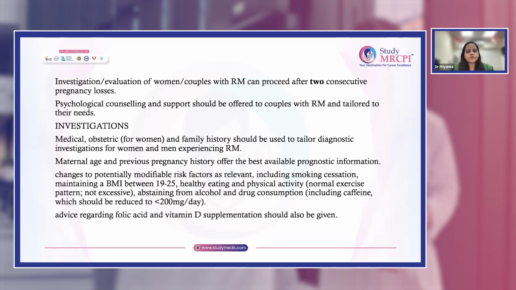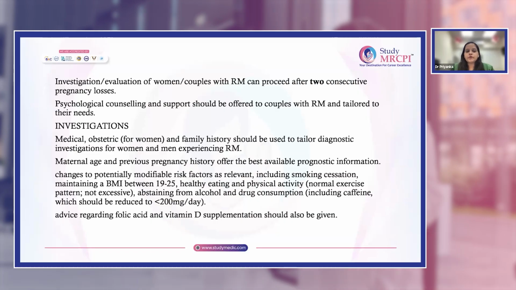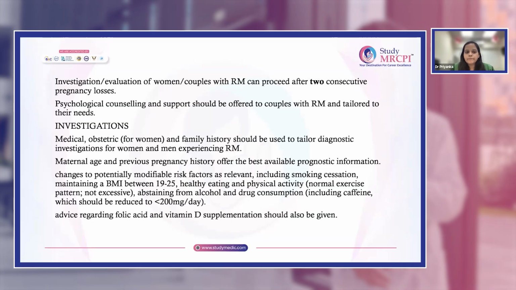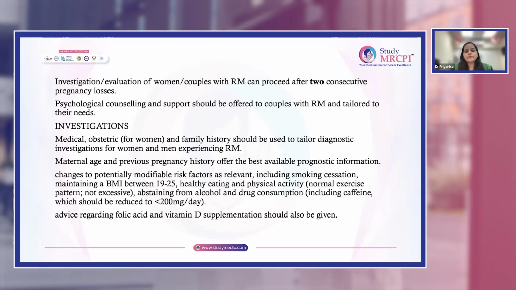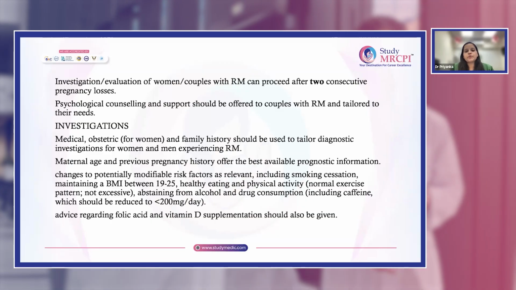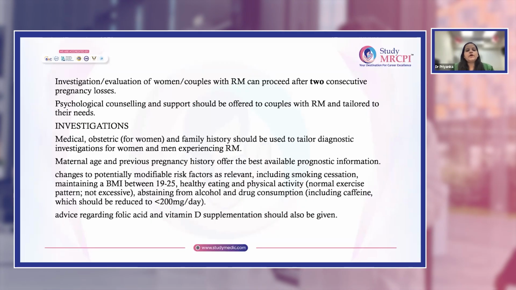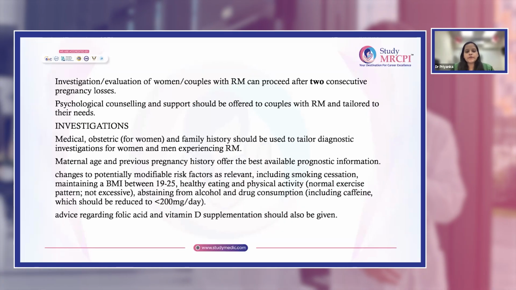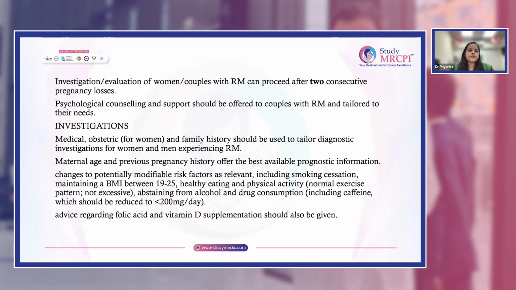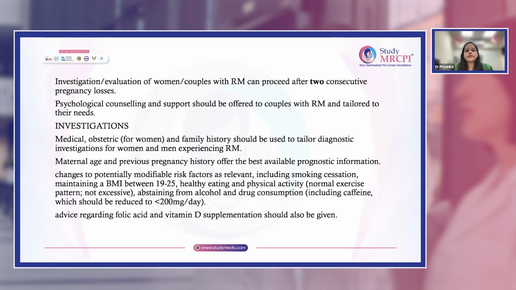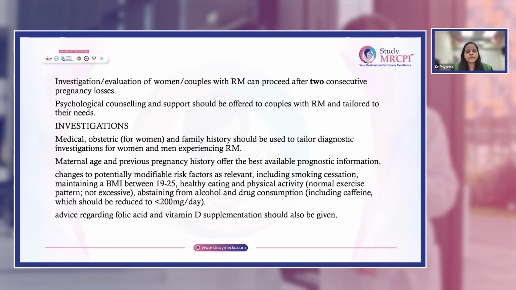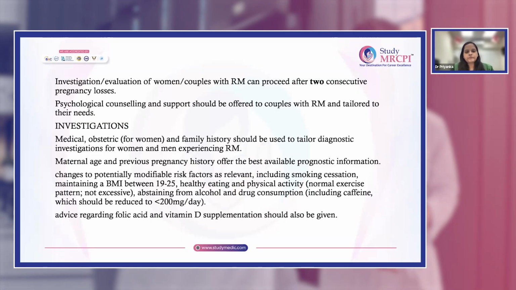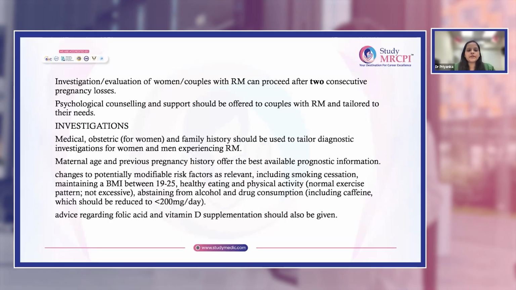First, we take a proper history from the patient: the number of the pregnancy, previous obstetric history, what was the outcome, whether it was a missed miscarriage, a spontaneous pregnancy loss, or a blighted ovum. All this detailed information should be taken, and whether there was a heartbeat, and how it was managed, medically, expectantly, or surgically, and any complications after the procedure. And her age, which is very important, the maternal age,